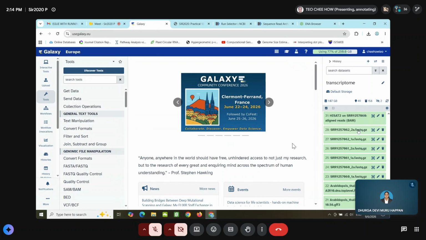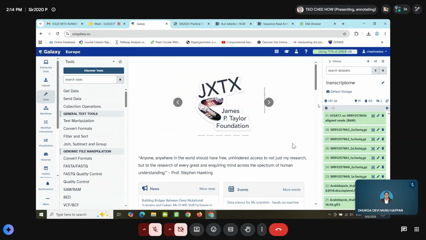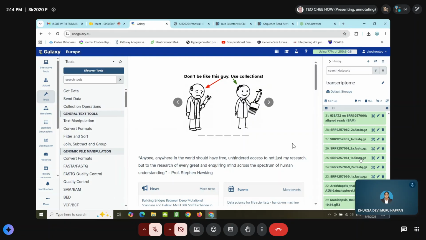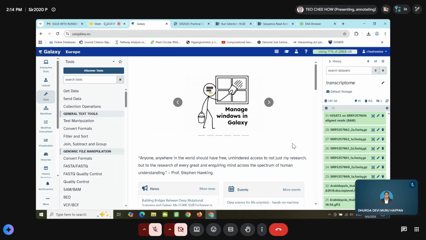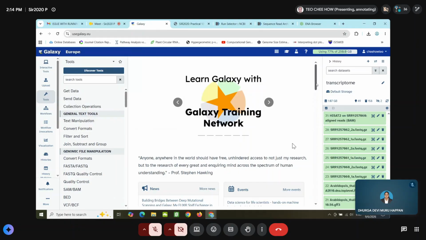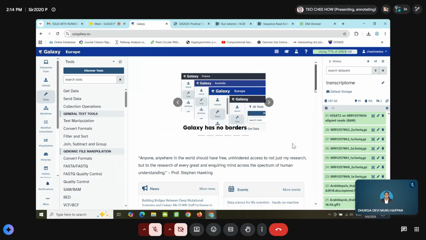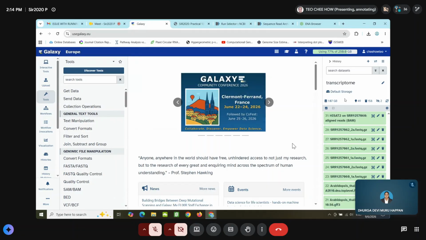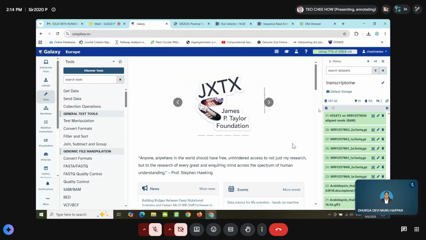So for the first step of transcriptome, since we are doing reference-based transcriptome analysis, what is the first step we need to do? Anyone have any idea? Upload the reference. Okay, now we upload the reference, we upload the GFF file, we upload all the data sets. So we assume that all the input needed for transcriptome is already in your Galaxy.